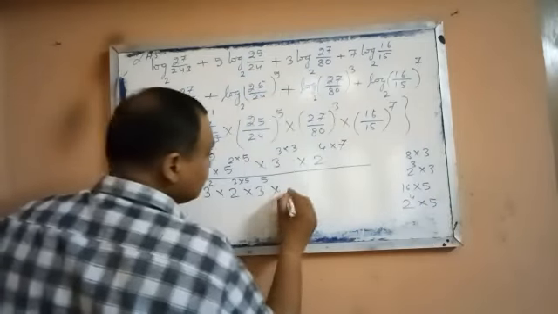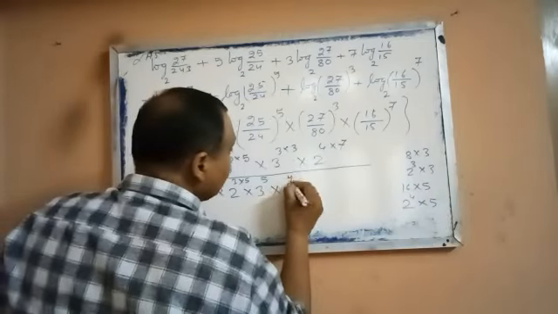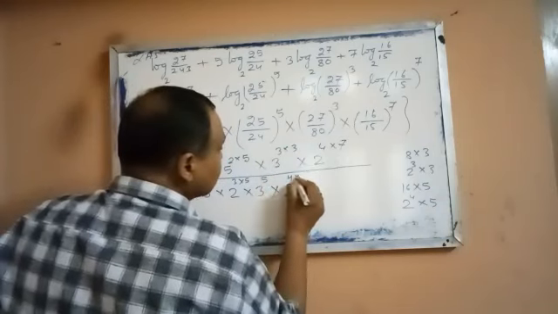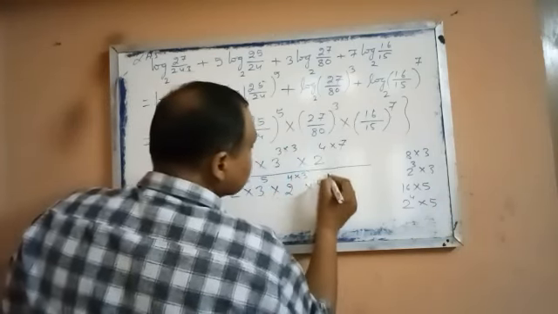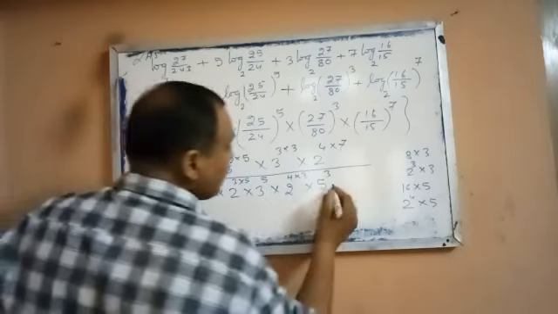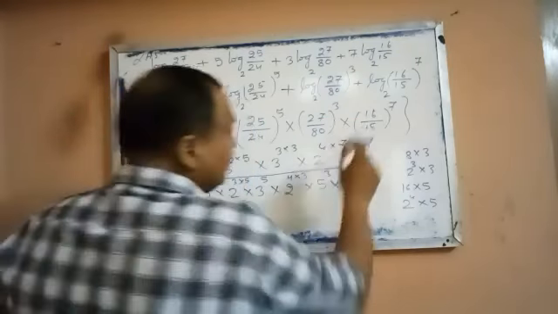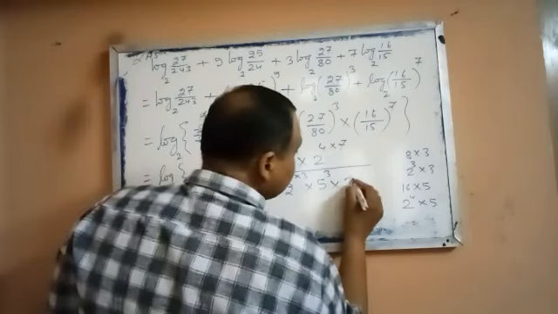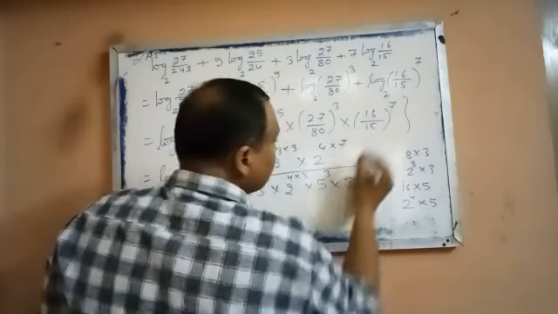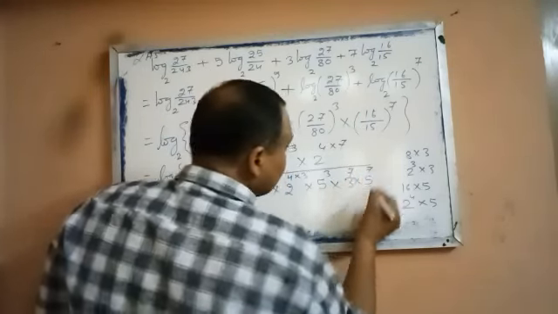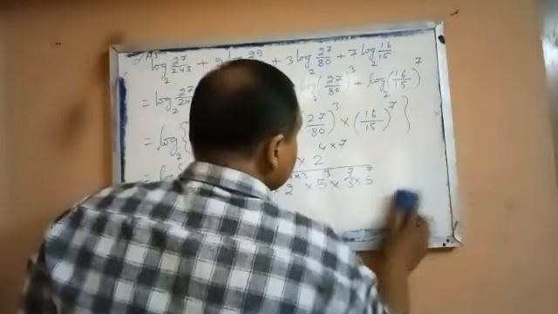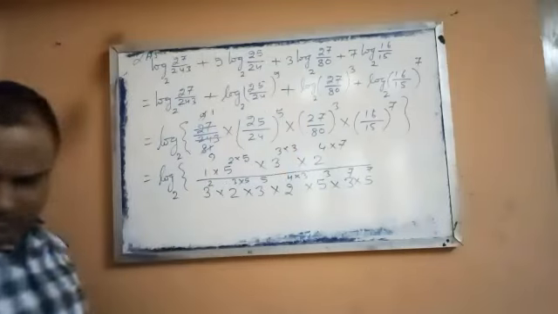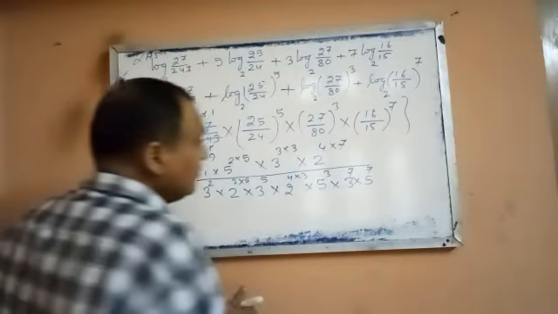Always go to the basics. So 2 to the power 4, and already existing power is 3, so into 3, and then 5 with existing power 3, so we'll write it. Then 15 is what? 3 into 5, and then power 7, so power 7. So now what do you find? All the numbers are in their basic form.